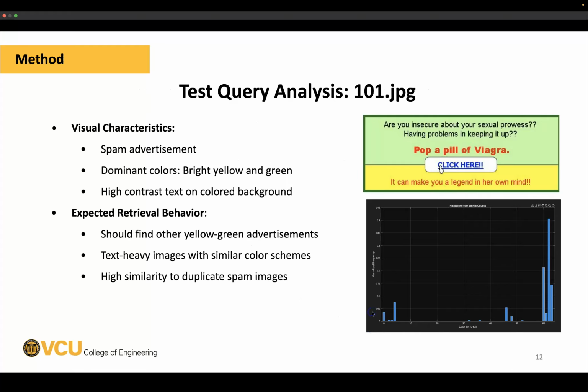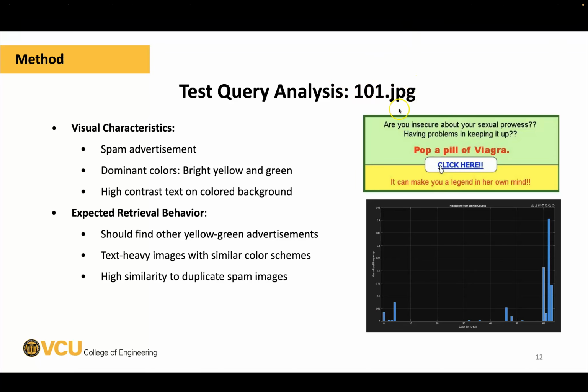Here is our test query. We're using this specific image right here, which exhibits a color distribution of high contrast for a certain type of ad. And below, the histogram analysis reveals the primary modes between the bins 60 to 63, corresponding to the yellow and green pixels comprising the majority of this image, and the remaining